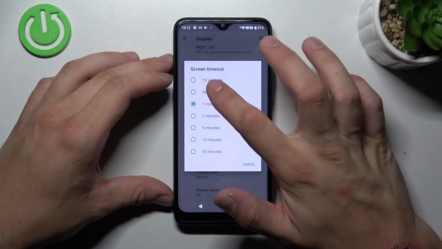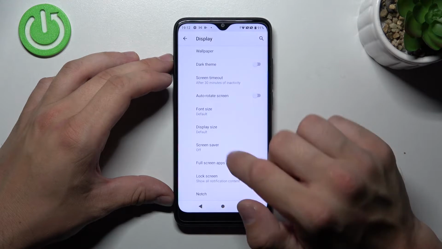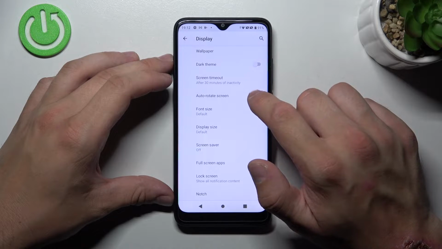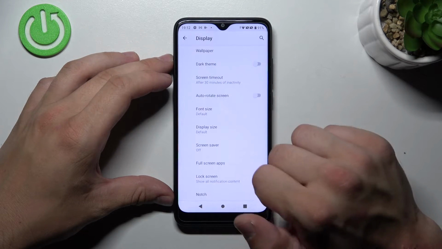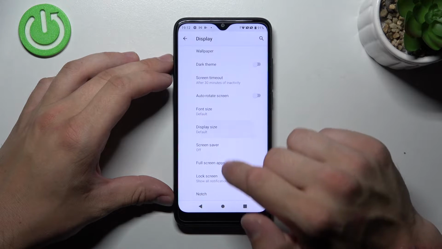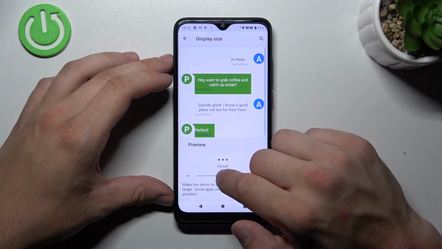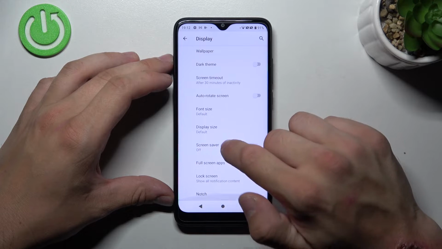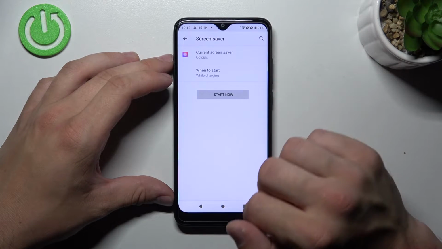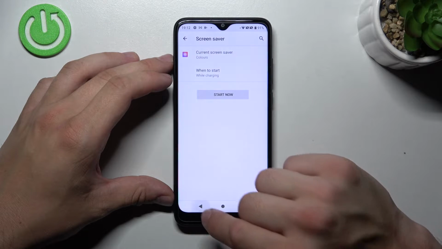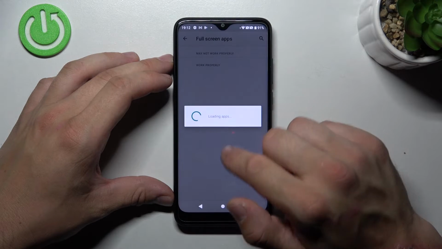change screen timeout between 15 seconds and 30 minutes, enable or disable auto rotate screen, adjust font size, display size, set screensaver, manage full screen apps,